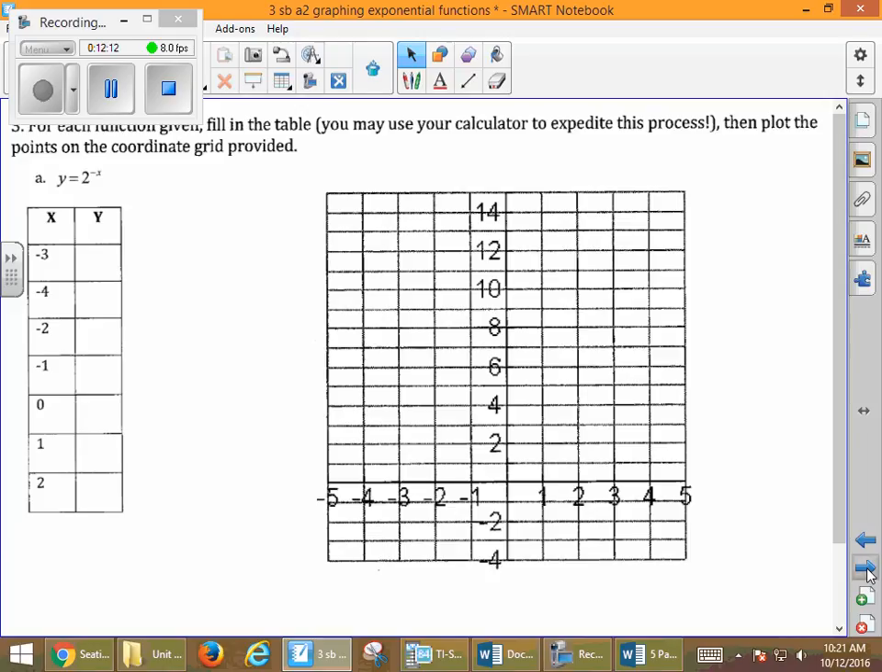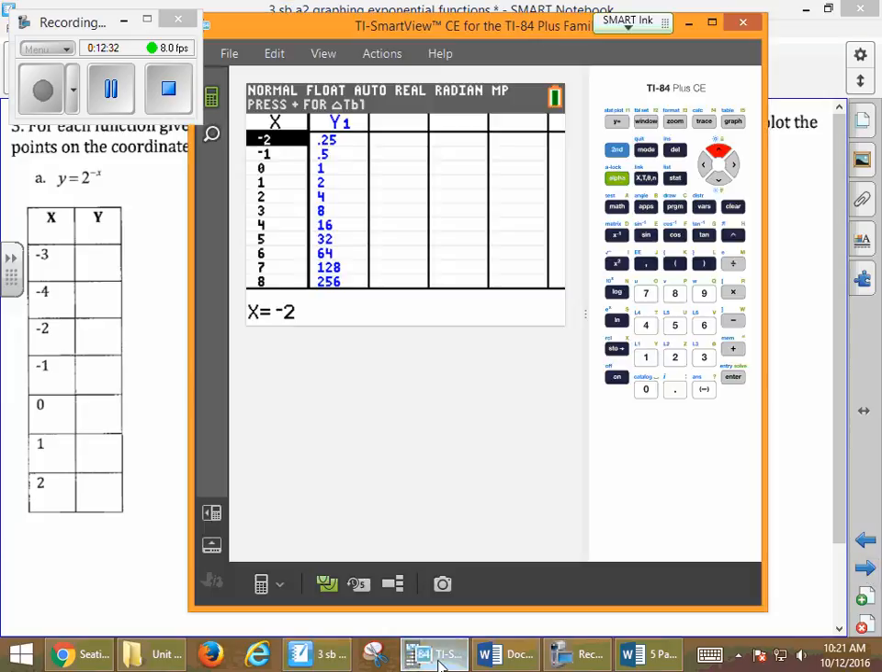So as we look at our next function here, even though we can't quite see it, it says for each function given, fill in the table. We are allowed to use our calculators to help with this process. Then we're going to plot the points on the coordinate grid provided. So when we come back over here to our calculator, we're going to go into y equals,